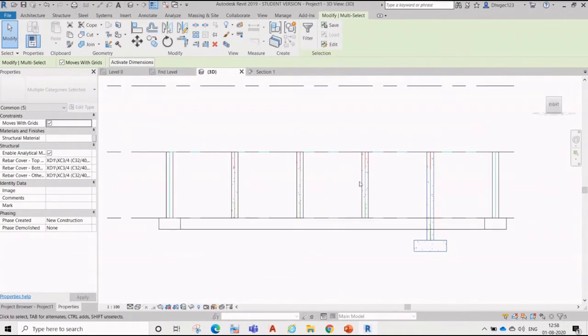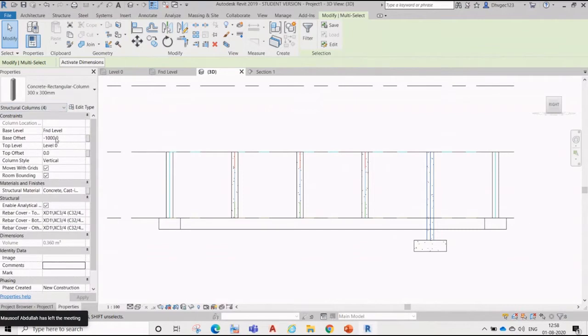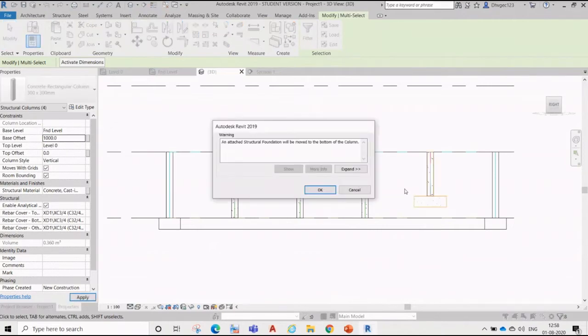Here we have defined the foundation, what the base is, either minus or top. Suppose these columns start from above, so we'll say 1 meter. So you can see here.